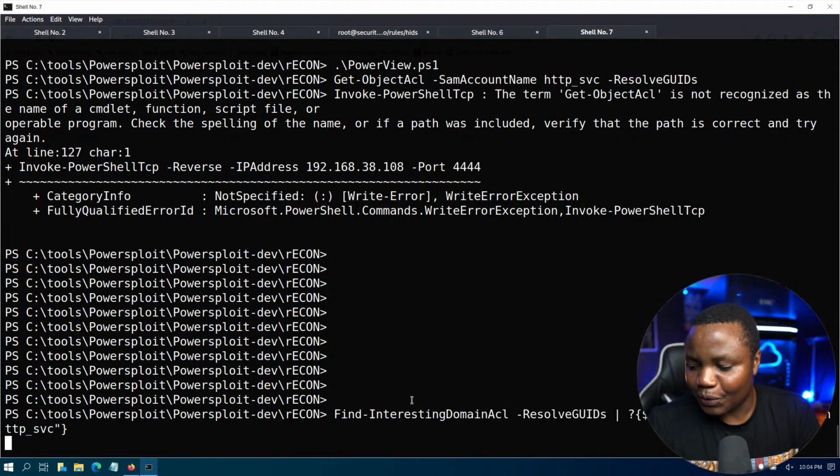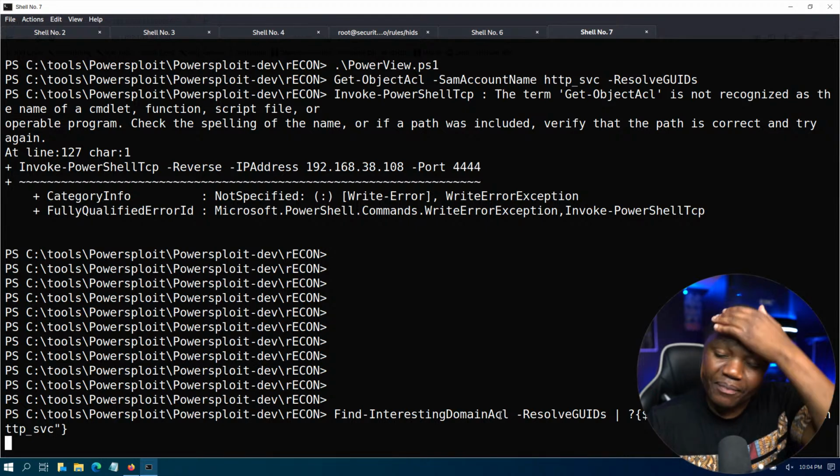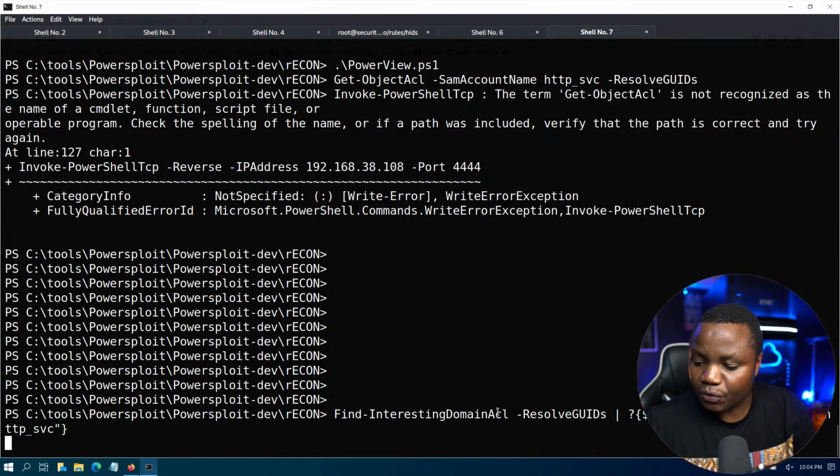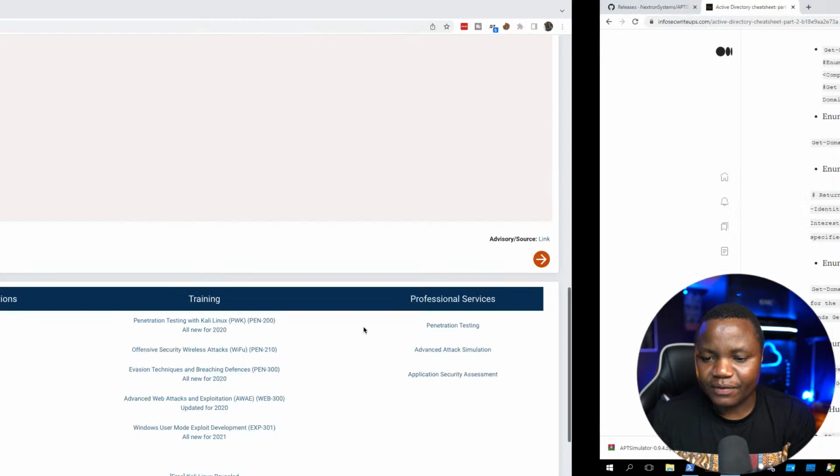All right, so it looks like we are running. So find interesting domain ACLs. We'll find any interesting access control list permissions that we have on the domain. In this case, I'm saying, give me for HTTP SVC, just to make sure that for the sake of time,